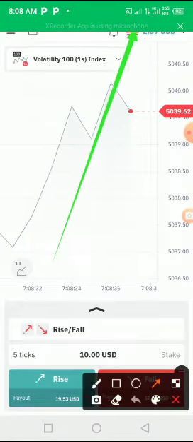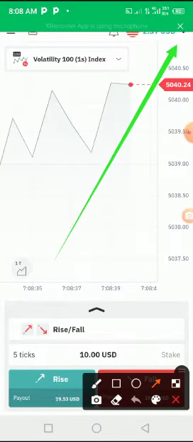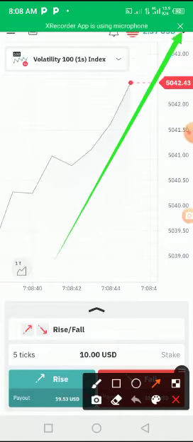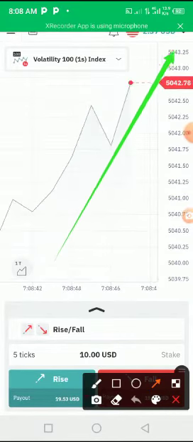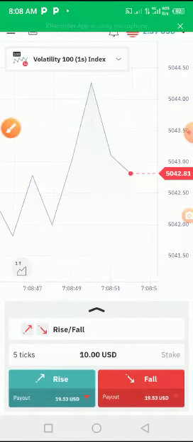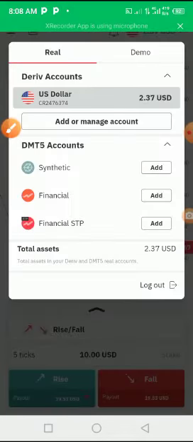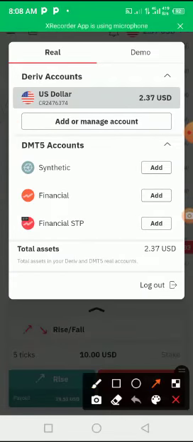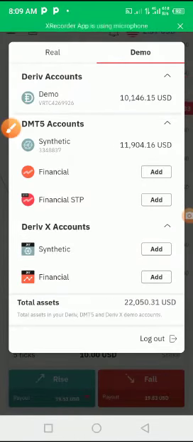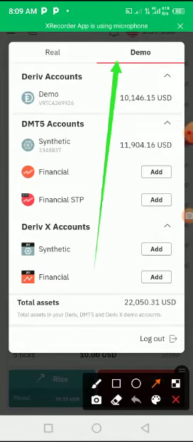I'm going to swap to demo now by clicking on this one. How do you swap from real to demo? You click on this drop-down menu there. This thing just blocked it, but I'll still manage to click it. When you click on it, I will tap the top drop-down menu. Do you see? It has brought me to this place. You can see real, you can see demo. If I click on this demo, something red will highlight under the demo. I tap on the demo. You see the red thing has highlighted there. You can see the red underline.